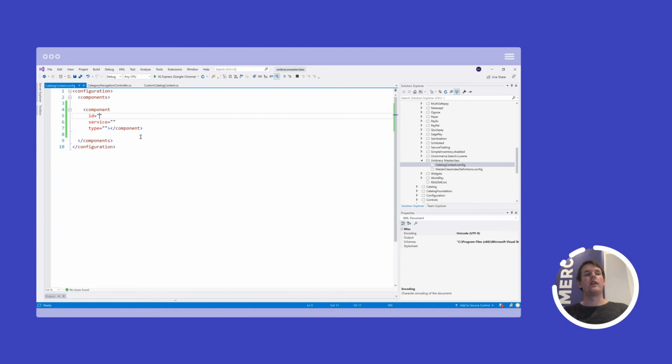Then you can specify in the property injection or constructor injection that you need the component with this ID. Then that's the one that will always be used. Otherwise, Castle Windsor will just pick the first one it can find, which is okay in most cases, but in some cases where there are multiple providers like payment gateways or pipeline tasks or something like that, then we need to be specific about it. And that's why we need to set the ID.